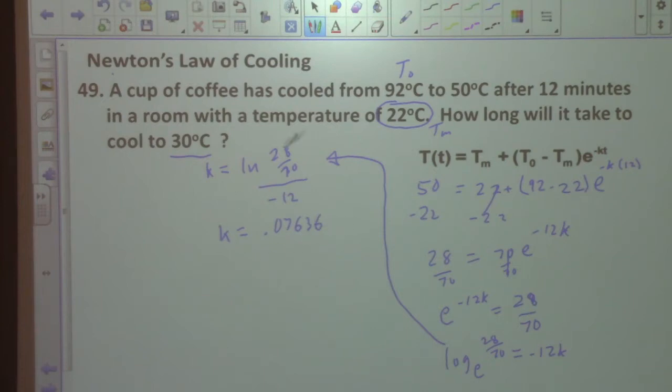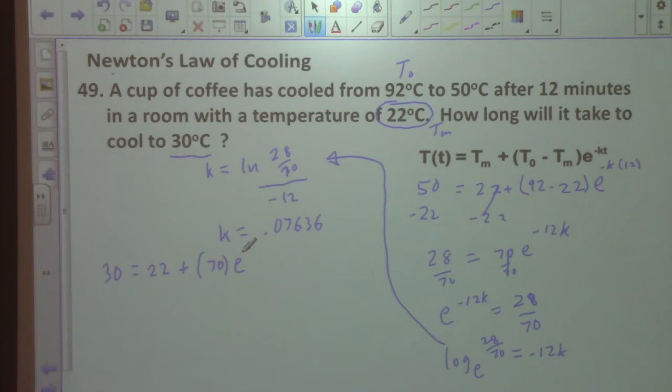And once you have that, now we can find out how long it takes to cool to 30 degrees. To do that, we take our original equation. And I'm going to show you how to solve by graphing too, that you might like. So now we want to find out how long it takes to cool to 30 degrees. So our final temperature, 30, is equal to the temperature of our medium, which is 22 degrees, plus 92 minus 22, that's going to be the same, 70,